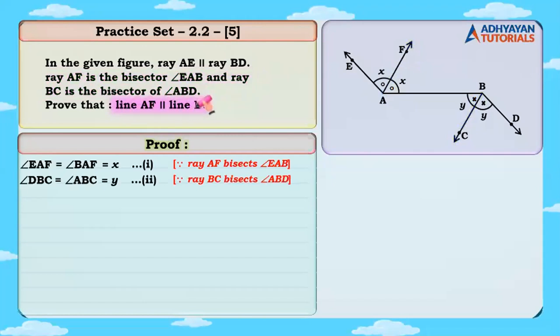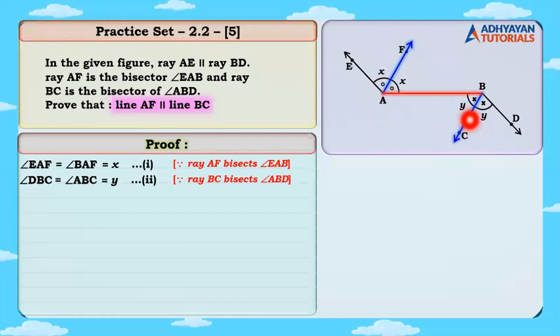Moving ahead, we need to prove that line AF is parallel to line BC. चिल्ड्रन, दो लाइन को पैरेलल प्रूव करने के लिए सबसे पहला चीज जो रिक्वायर्ड है, इट इज नथिंग बट अ ट्रांसवर्सल. सो टेल मी, डज दिस टू लाइंस हैव अ ट्रांसवर्सल? यस, दे डू हैव अ ट्रांसवर्सल एंड नेम ऑफ दैट ट्रांसवर्सल इज AB. अच्छा, मुझे बताओ कौन सा शेप हाईलाइट हो रहा है अभी? अगर आप फिगर में देखोगे, you all can see alphabet Z.